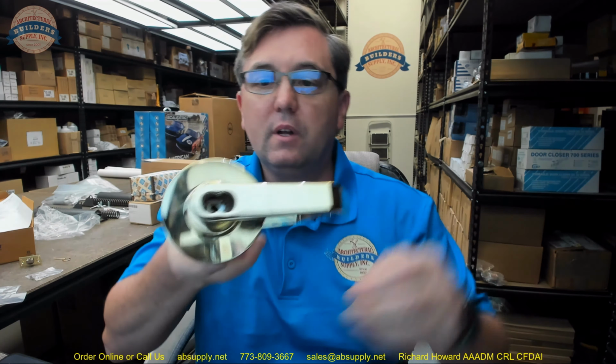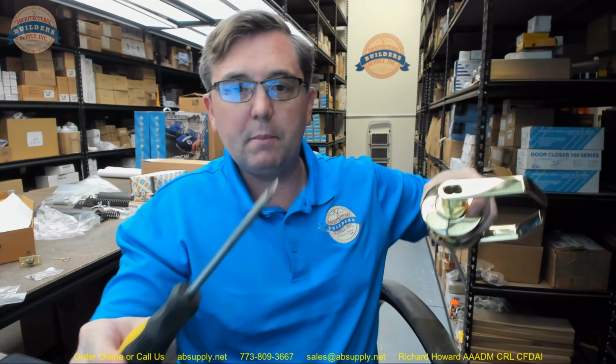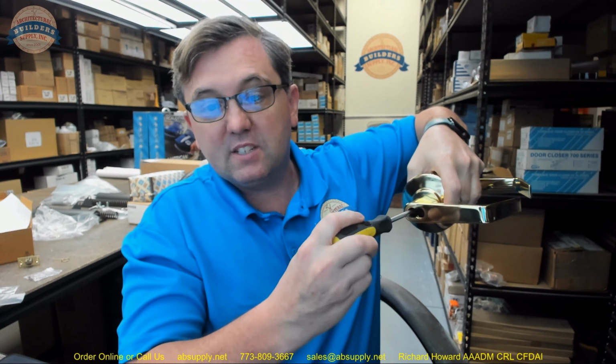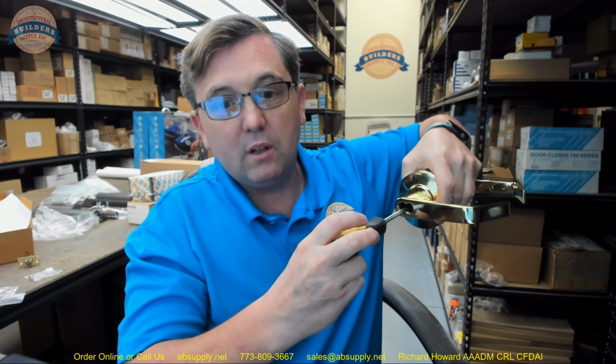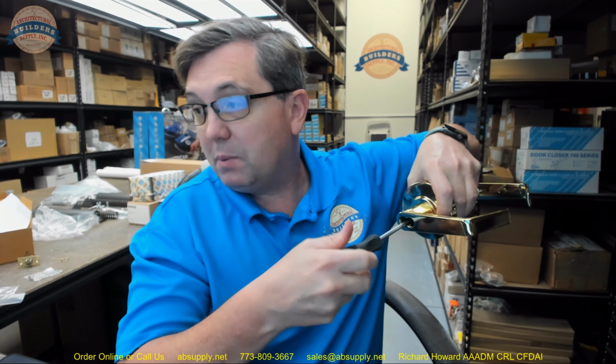I don't think this can be converted to a classroom function at all. Let's get a special tool and investigate that. Okay, so we have our special tool, a slotted screwdriver, and right down there you'll see that plus sign. That's where your tailpiece from your interchangeable core is going to go, and I'm going to use that to emulate the tailpiece. As I rotate that, that's spring-loaded. That cannot be changed at all. So that reference must be to...